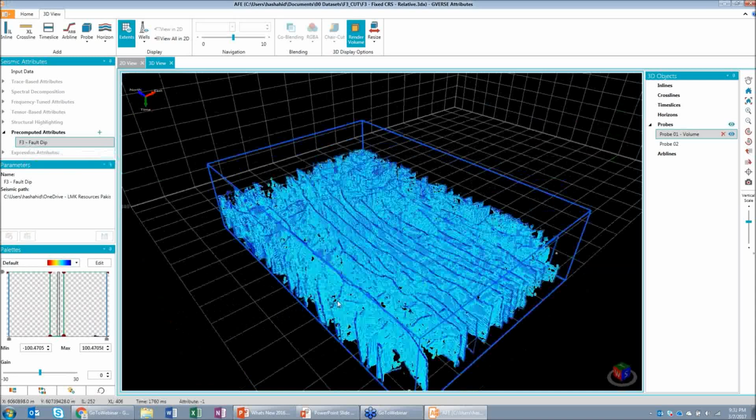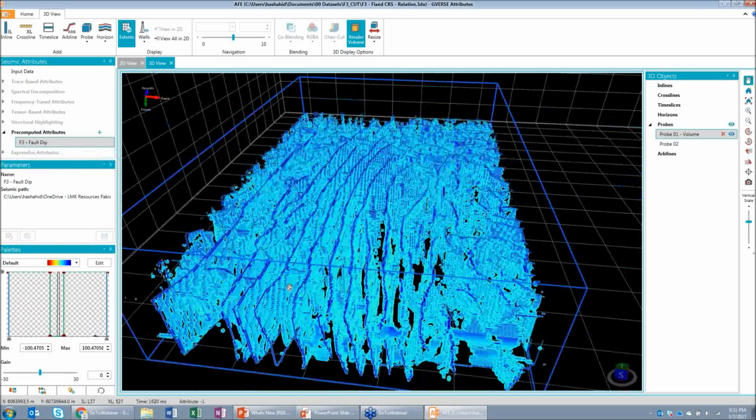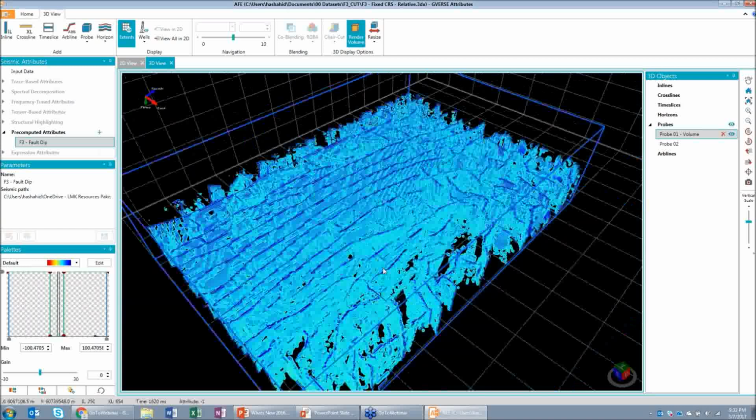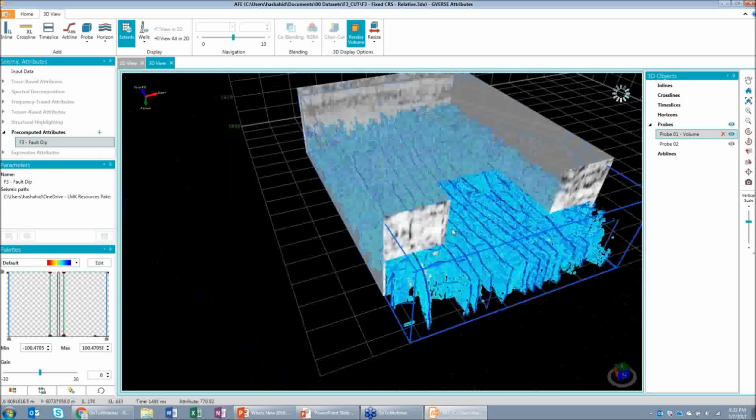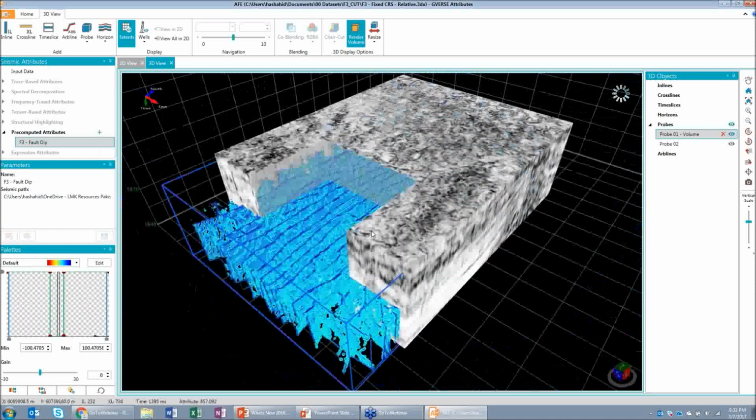You can see where the algorithm found all the faults. And to get a better perspective on this, I have another probe here with semblance applied to it, and I've cut into an inline, into a cross line of this probe. And now you can see basically how